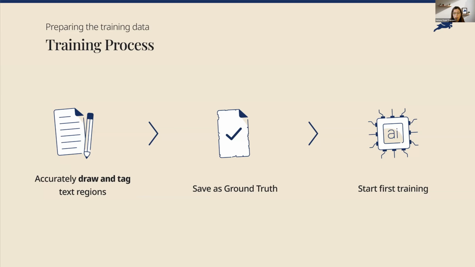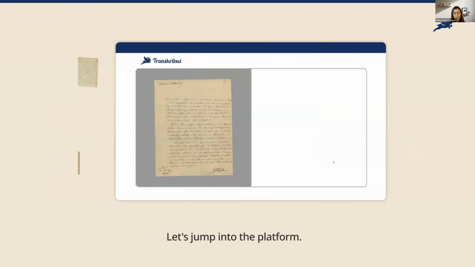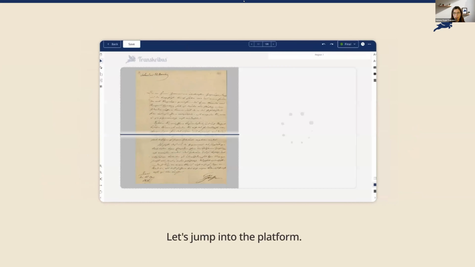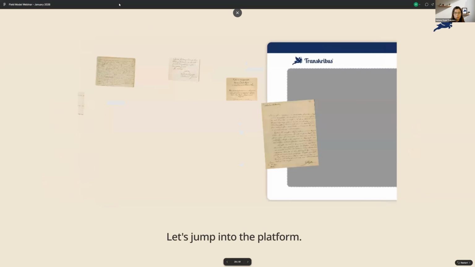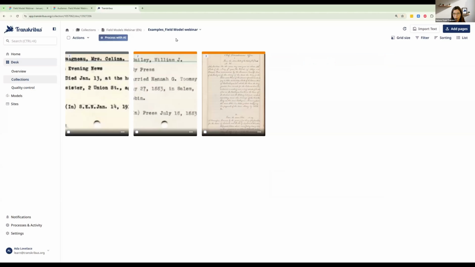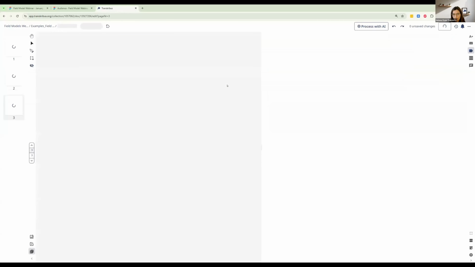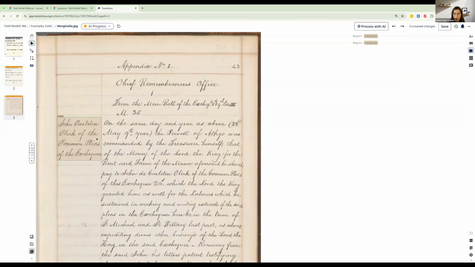With field models, we recommend to have 50 pages of ground truth as a start to train your model. And I'll show you how you can prepare these examples in the web app. Let's have a look. So while we're here and I have all these examples, maybe first I can show you an example of public models. I have one page here where we can see on the left side